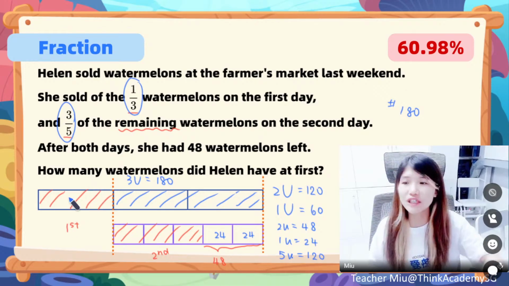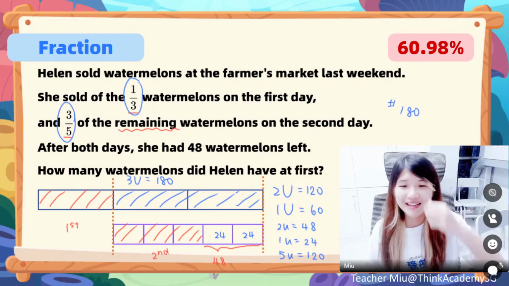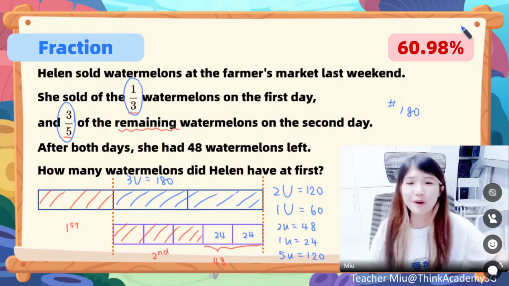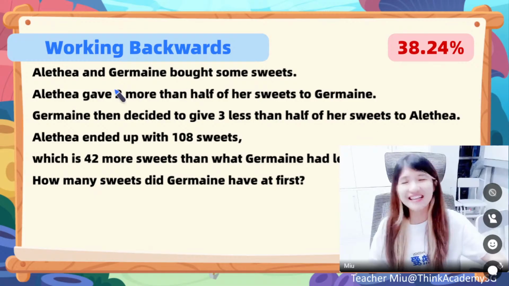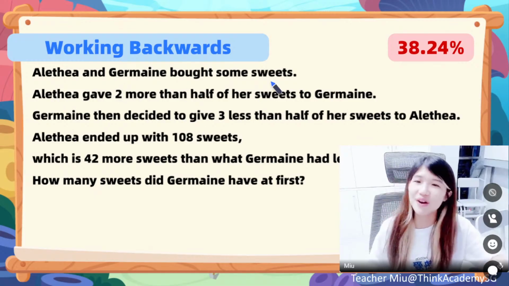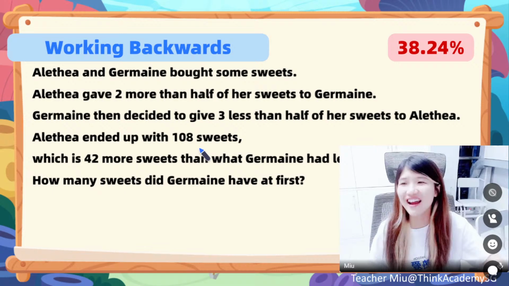So we just take out the first part first. For the remaining part, cut into 5 equal parts and do it step by step. This is for the fraction word problem. Then we talk about working backwards. This is also one of the very, very difficult parts that we are having, right? That is about